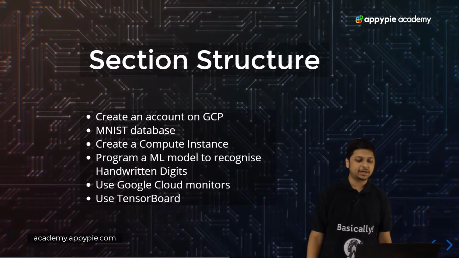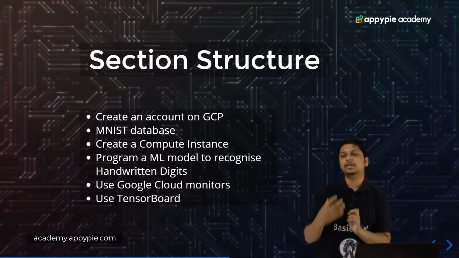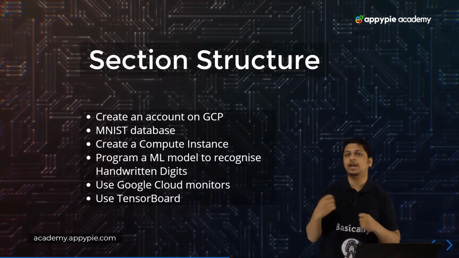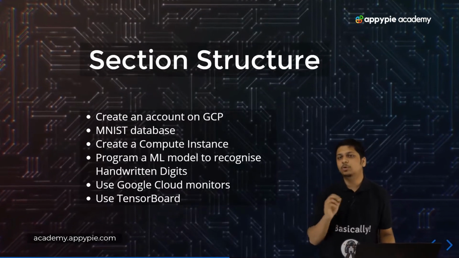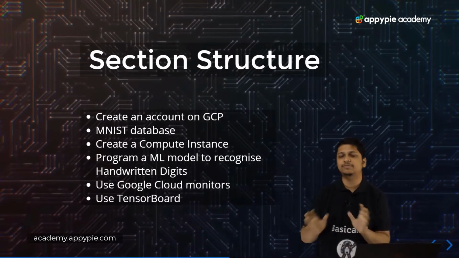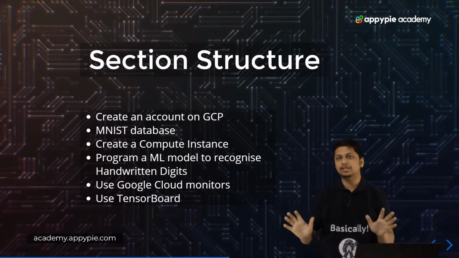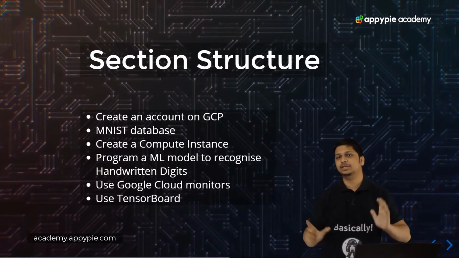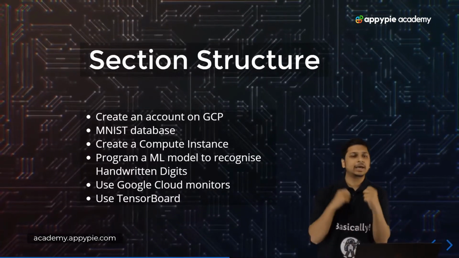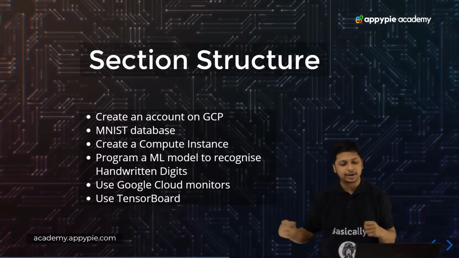Okay, so in this particular section we'll first of all be creating an account on Google Cloud Platform, which is very important and something which should be in your must-know repository of cloud technologies. Then we'll be working on the MNIST dataset. We'll be understanding how the MNIST dataset classifies various handwritten digits. The MNIST dataset is essentially a huge database of handwritten digits followed by their labels. That is how we are going to create a machine learning model which we can train to understand a lot of different handwritten digits and then classify them based on what they actually are.